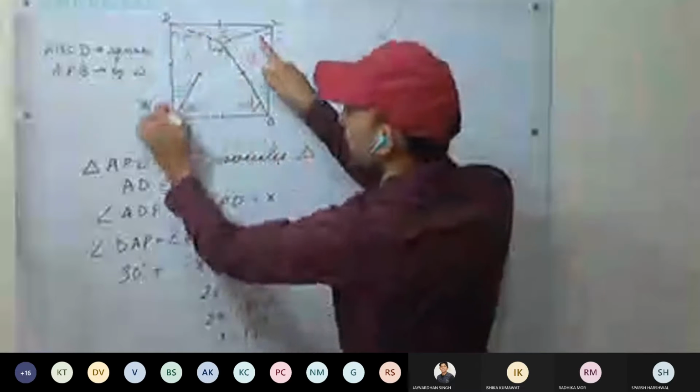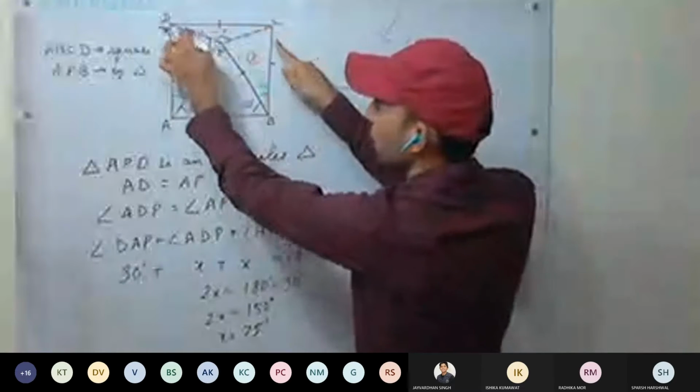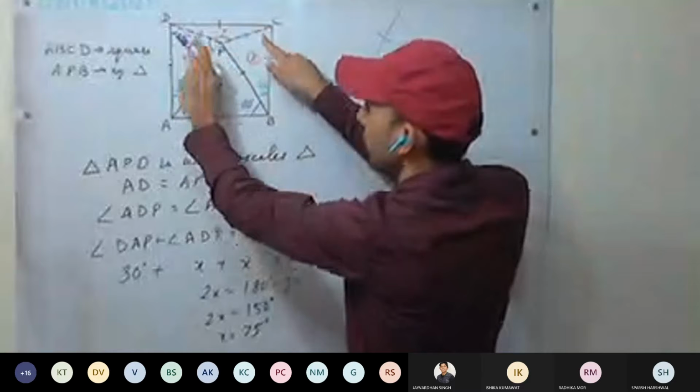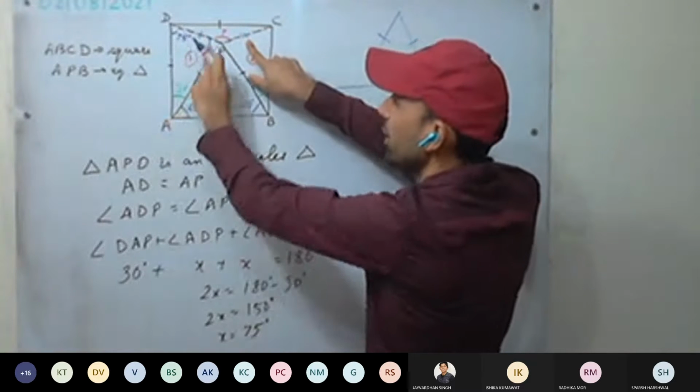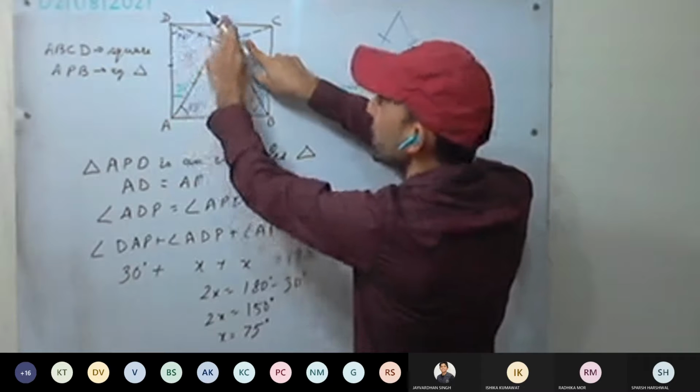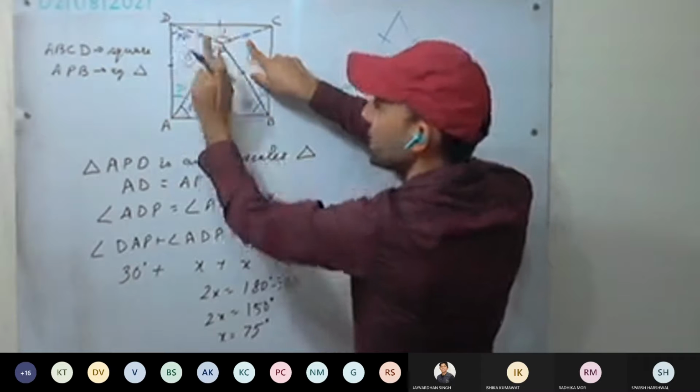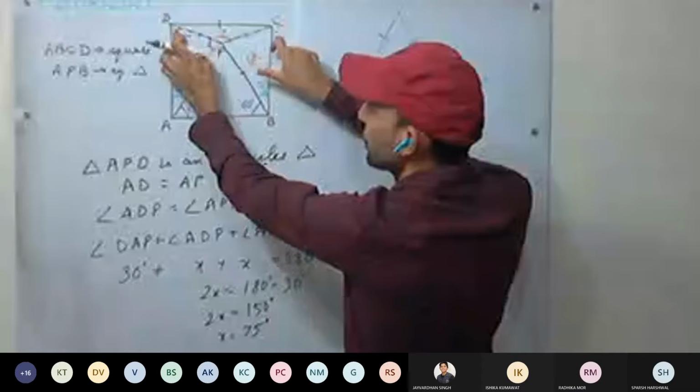Okay. Take these two triangles. These two triangles we have proved congruent. It means corresponding parts are also equal. This side will be equal to this side. But it is nowhere written or given that this side is equal to DC as well. It is not given. What can we prove?